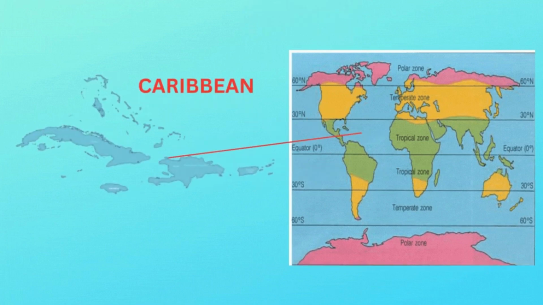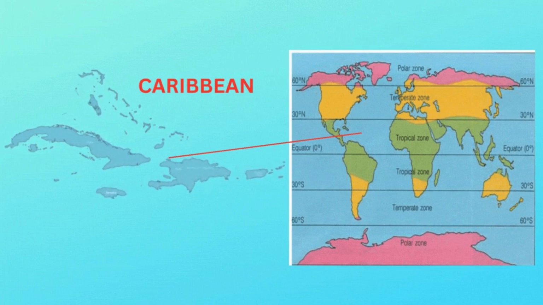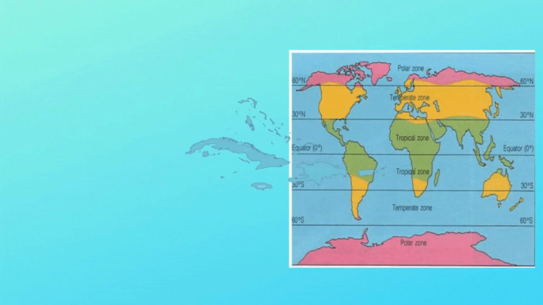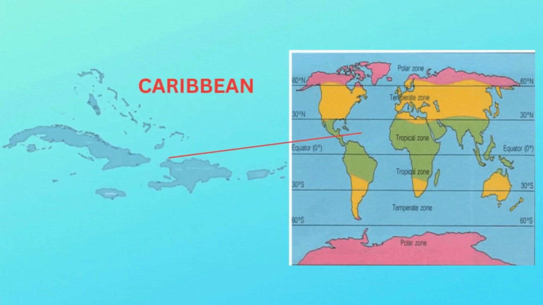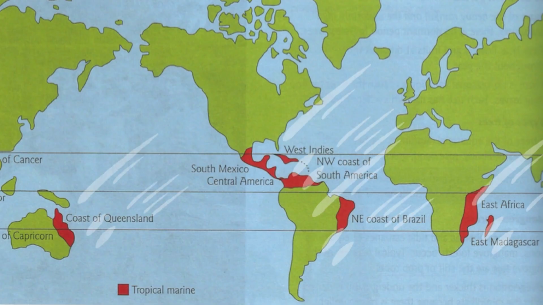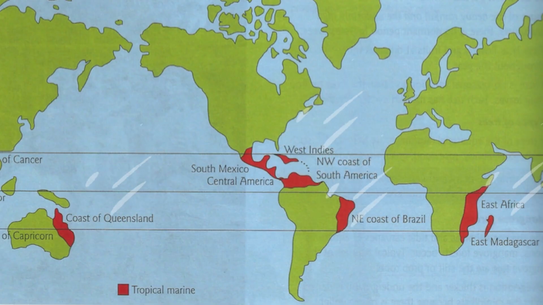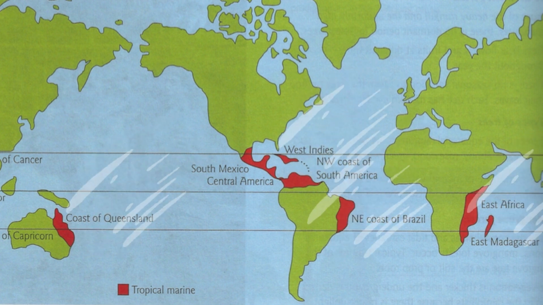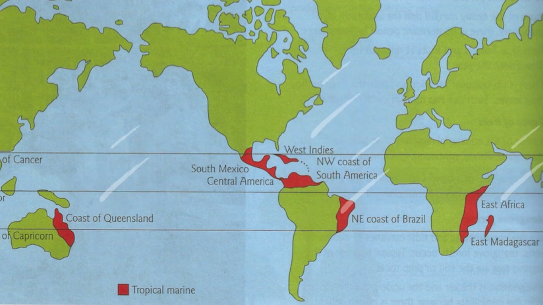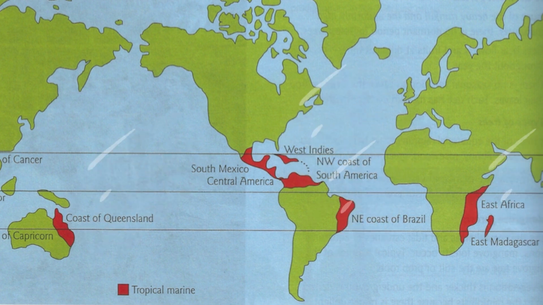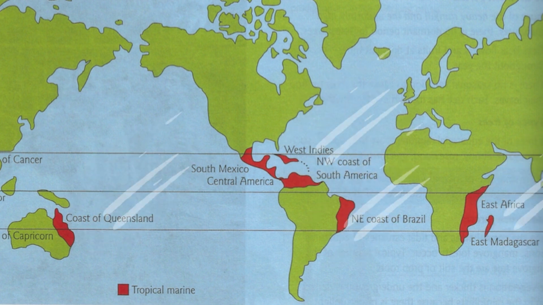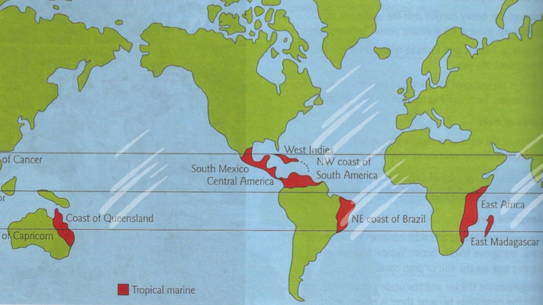Most Caribbean territories experience a tropical marine climate. This is because most are islands or occupy coastal locations. Other places which experience this climate include the east coast of Australia, northeast coast of Brazil, East Africa, and East Madagascar. The reason we keep repeating the East Coast is because this climate is largely influenced by the trade winds